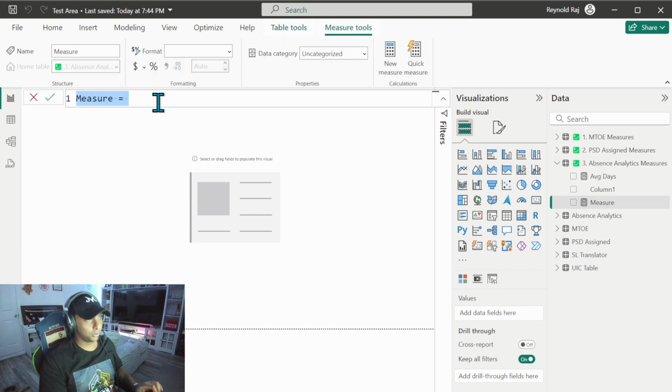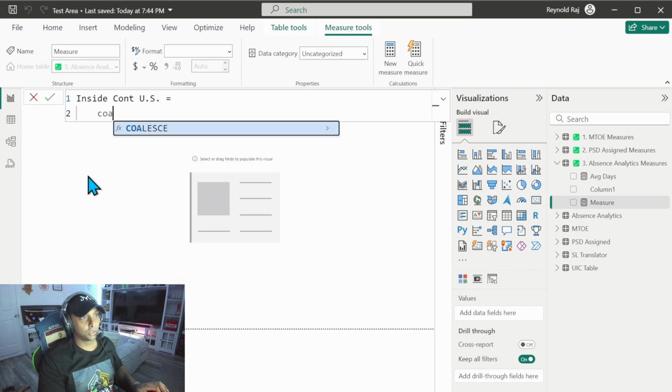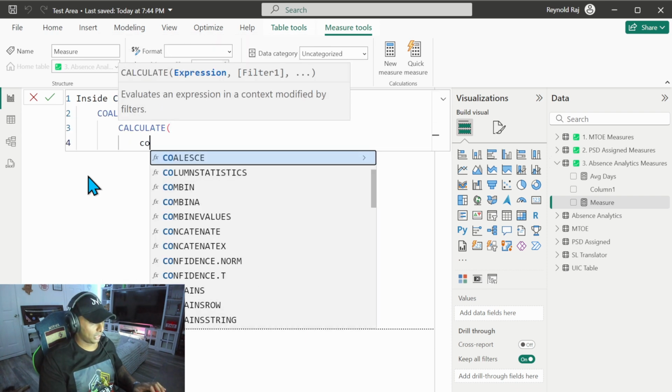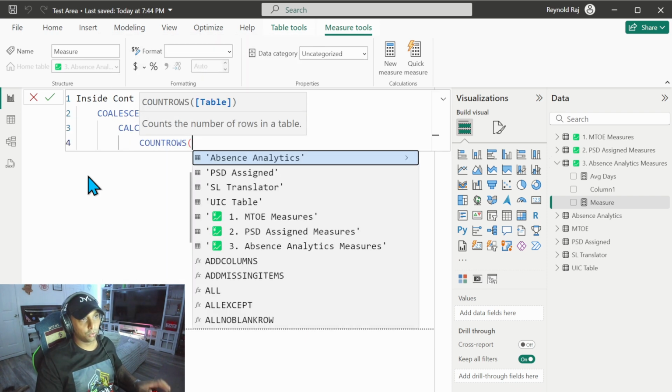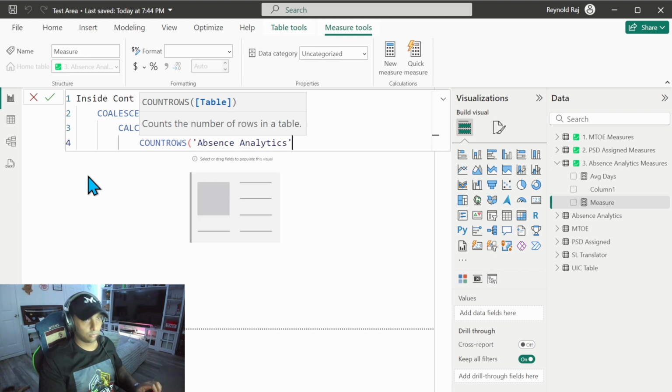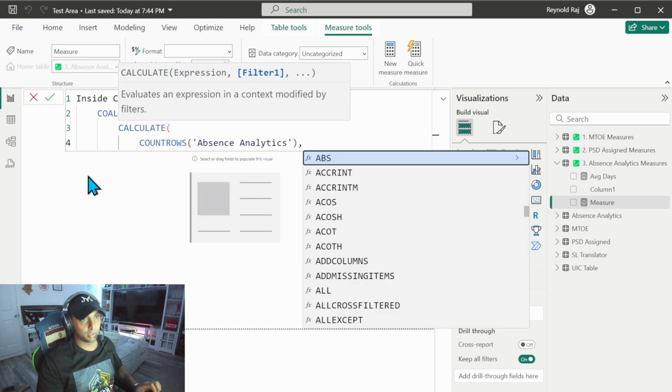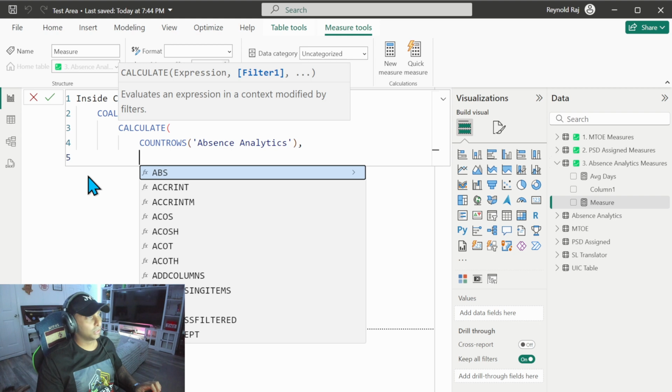So this one we're going to do inside continental US equals, we're going to do a coalesce, calculate, we're going to count rows. We're going to count rows for the whole table. So we got to reference that one. We're going to close that up. We're going to put a comma there. We're going to press shift enter. We're going to say